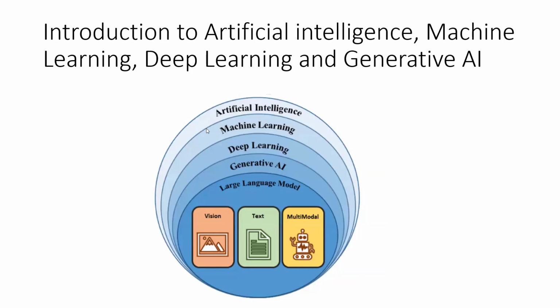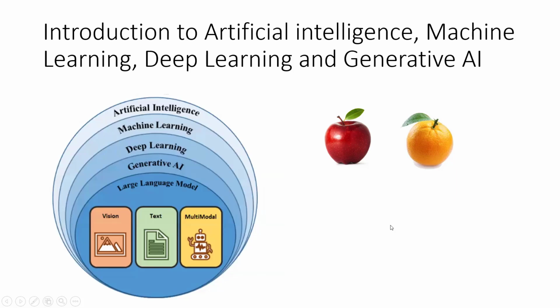In layman terms, artificial intelligence means trying to mimic humans. As humans we have intelligence. So how do we mimic humans? For example, let's say you have a kid and you want to teach the kid fruit names. How do we teach the kid to learn a fruit name? We will teach the kid by showing an apple or orange and teach that the fruit name is apple or orange, and we will also teach the color of apple is red or color of orange is orange color, right?